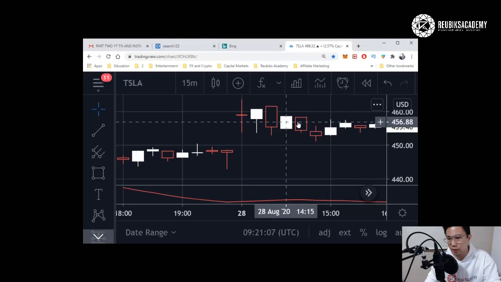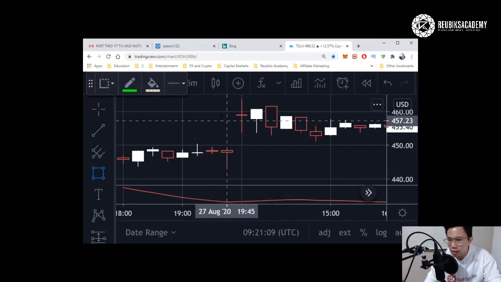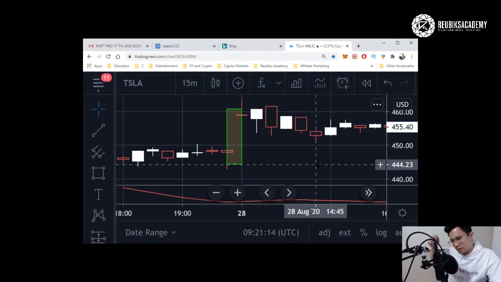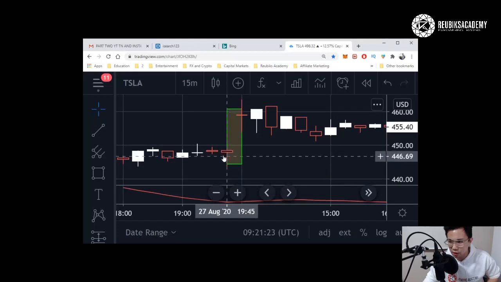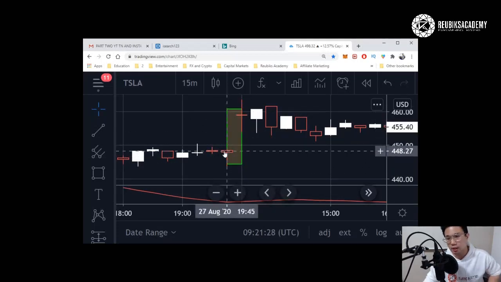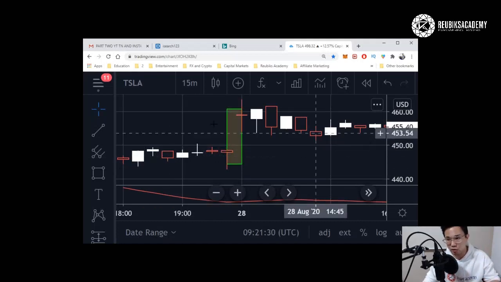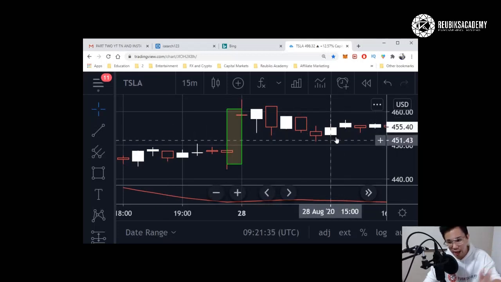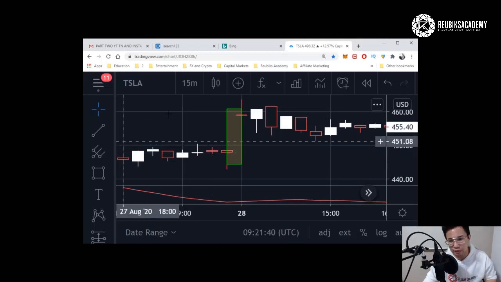That's all. So you can see that between this candle and this candle, there is this gap, the green colored rectangle. That rectangle represents the gap up. In this case, it's a gap up because the next candle appeared at a higher spot compared to the previous candle. The chronology is from left to right. As we go from left to right, time is moving on. We are moving further down the timeline as we move from left to right.